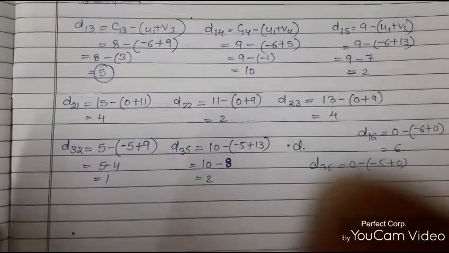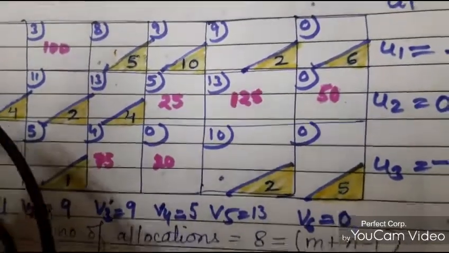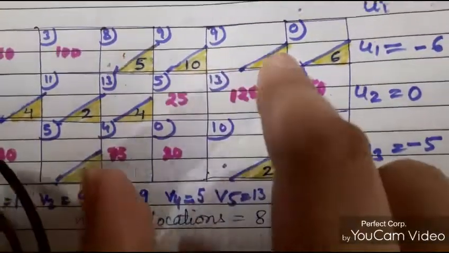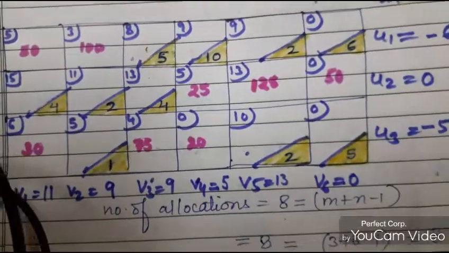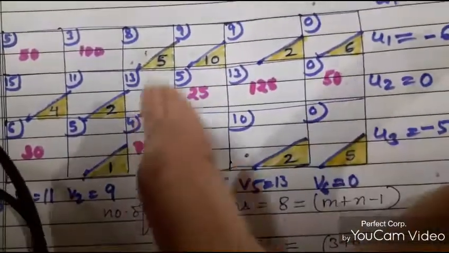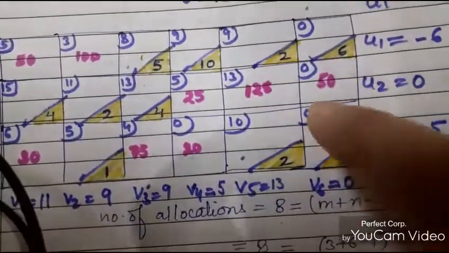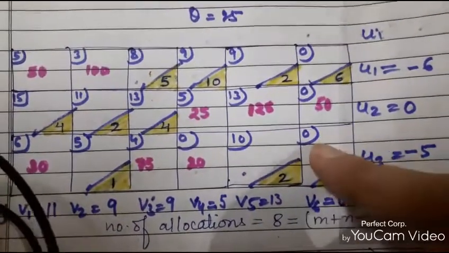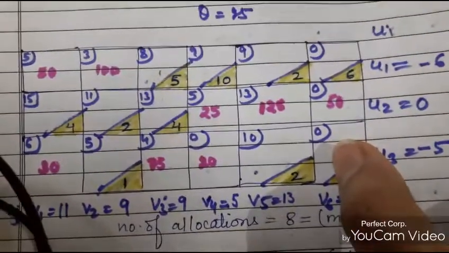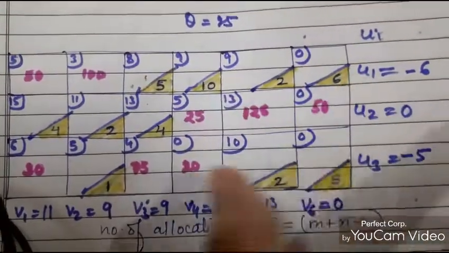On calculating the values of all dij's, we obtained the following values, which I have highlighted with yellow color. You can see that these are the dij's we obtained, and all the dij's are positive. No dij is negative. So since all dij's are positive, the solution obtained by this transportation table is the optimal solution. So with the help of the MODI method, we reached the optimal solution to the given transportation problem, since all dij's satisfy the optimality condition.